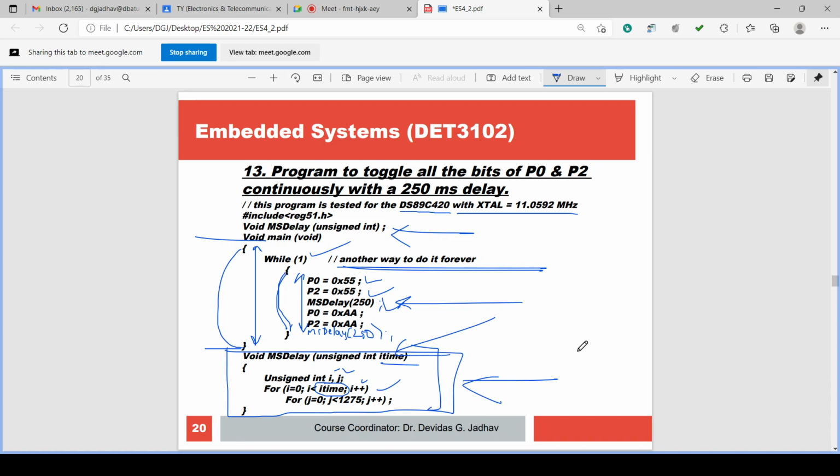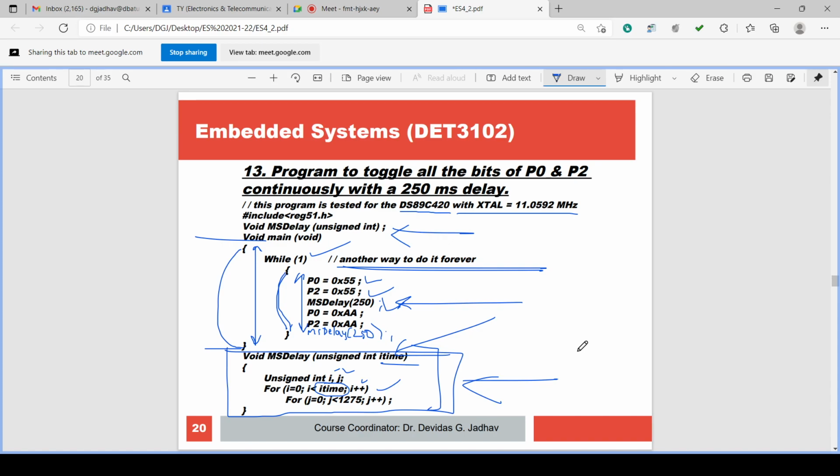They are toggled, and again the delay is executed for 1/4 second, that is, a delay of 250 ms. Since the delay is executed for 250 milliseconds, whatever value is outputted, AA, is there on P0 and P2, and we can observe it.